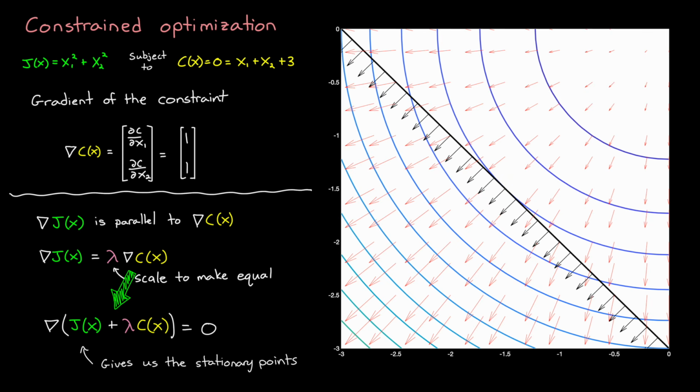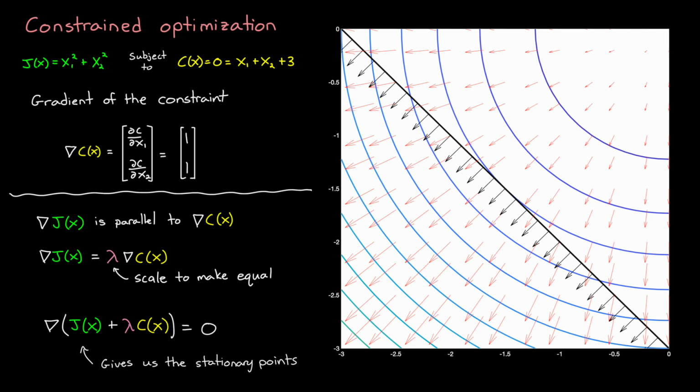Okay, so now let me rearrange this equation, and what we're left with is the equation that we started with. Now you're going to notice that if you do this rearranging yourself, it should be a minus lambda C, but to make the equation look better, we just roll that negative into the constant lambda, which can be positive or negative. All right, so the solution to the problem exists where the gradient of the Lagrangian equals 0.